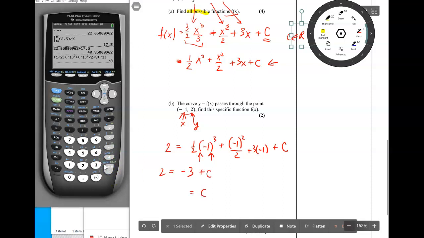So C is equal to, and now I just add 3 to both sides, and that'll give me,